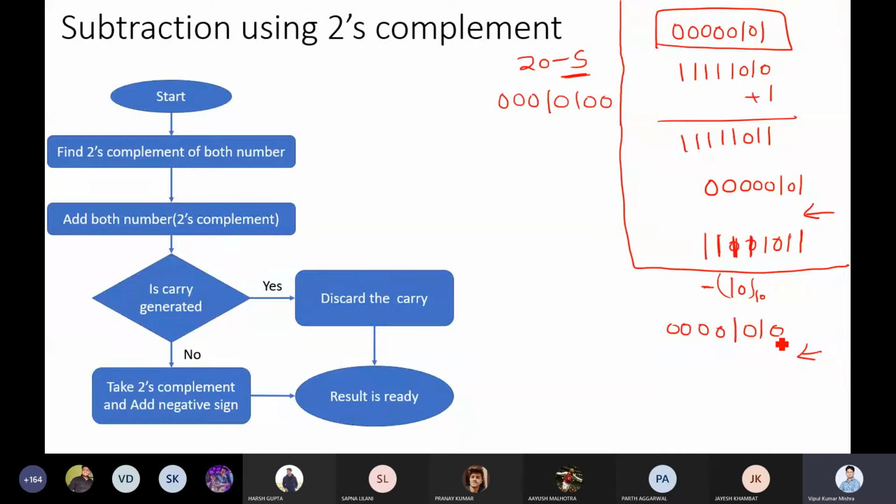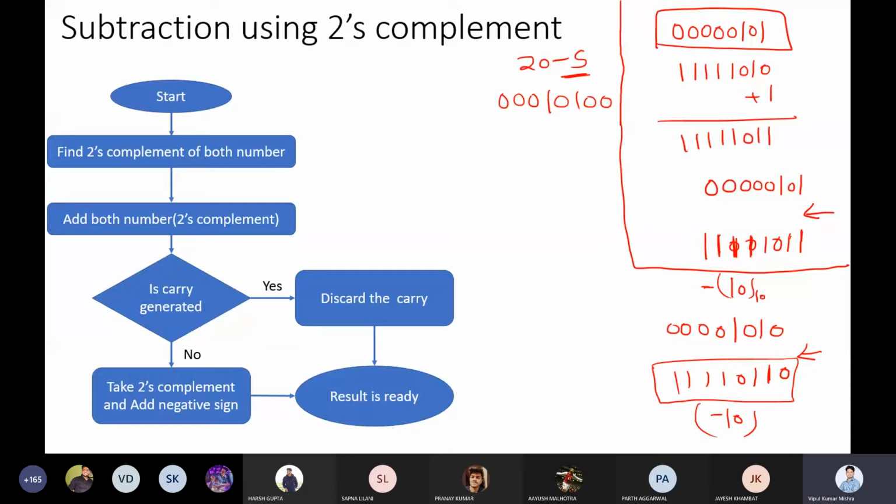Once you get the first one, till that point you have to write as it is. So 0 will be retained as it is, 1 will be retained as it is. Now you encounter the first one. After that all bits will be inverted. So 1 0 1 1 1 1. This is the 2's complement for minus 10. Getting it? So in that way also you can make the 2's complement. Any doubt on this point, how to make the 2's complement directly? Anyone? Any doubt?